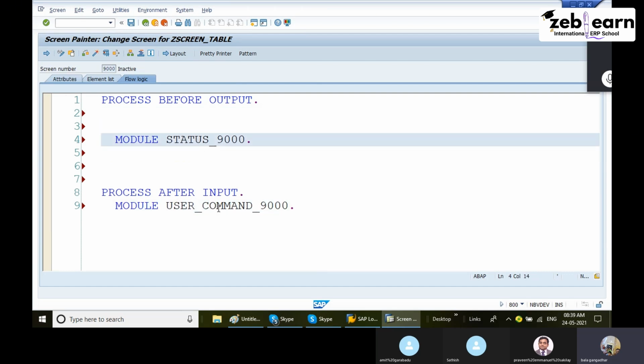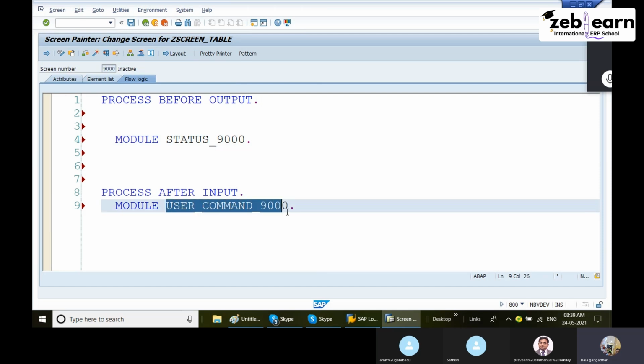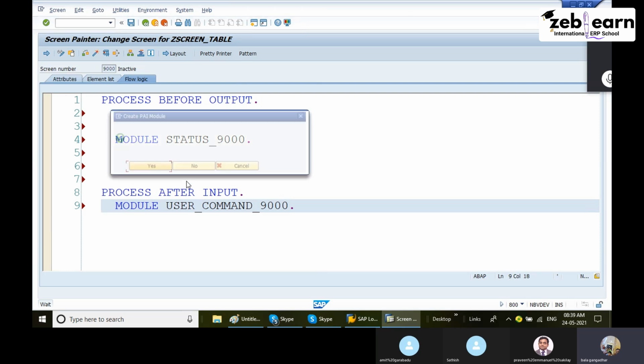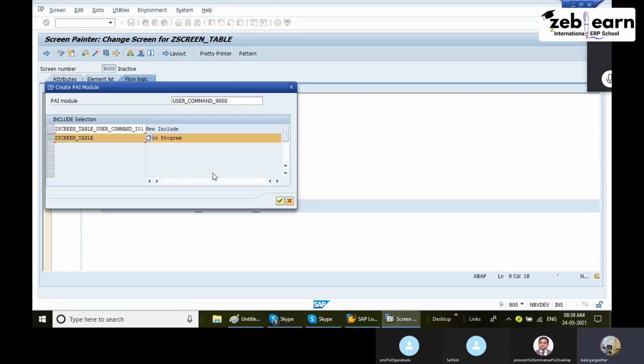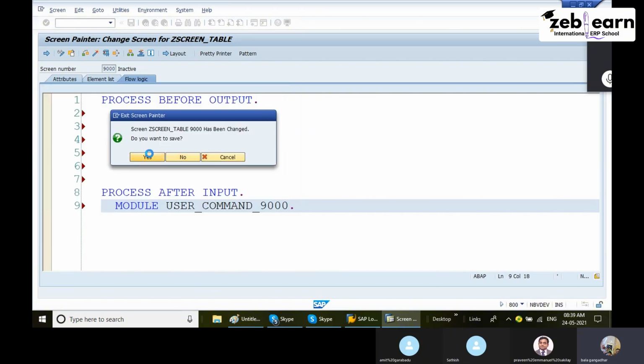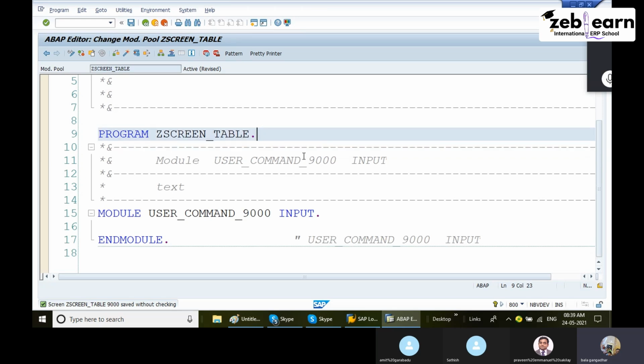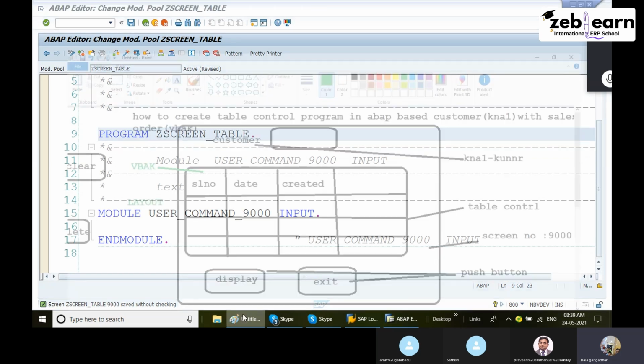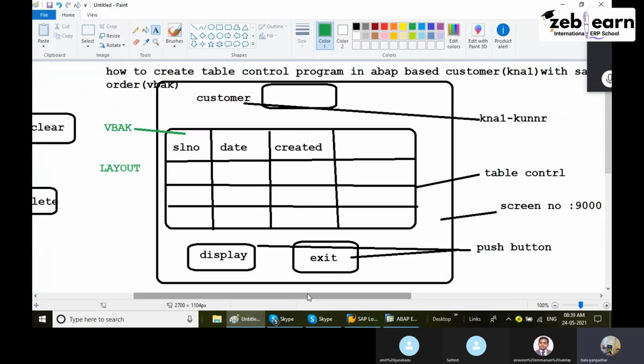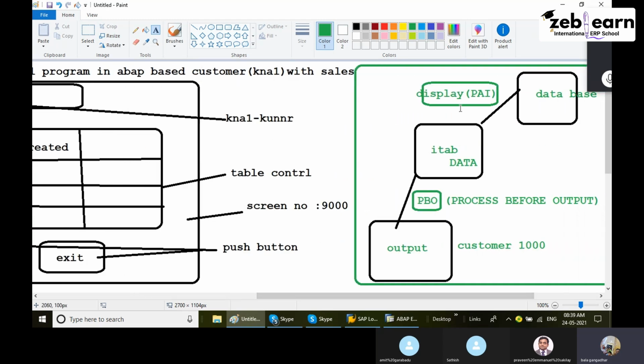Okay, double click on user command. Click yes. Select the main program. Okay, main program. Continue. Click yes. Here we will write the code. For these programs, whenever you are using this type of programming,